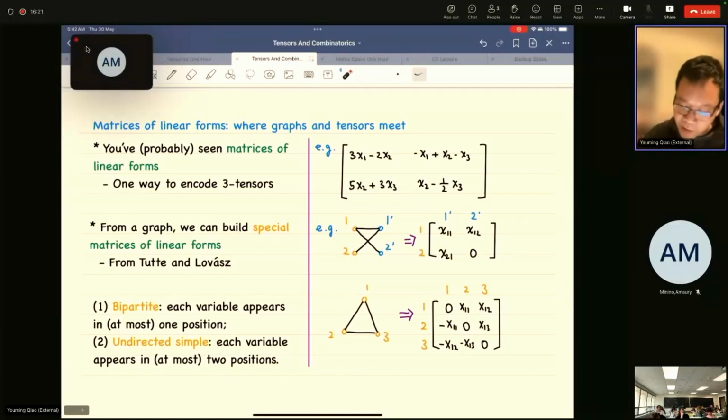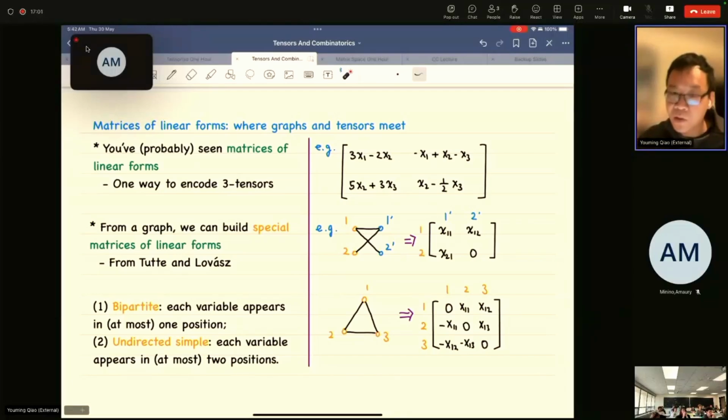But on the other hand, you know that there are some graphs that you cannot bipartition like this. For example, this is a general, undirected, and simple graph. When we talk about general graphs, it will be of this form. You see that it's just a triangle. And for general graphs, if you want to do such a construction, it will be a little bit complicated. Now this is a 3 vertex graph. You are going to construct a 3 by 3